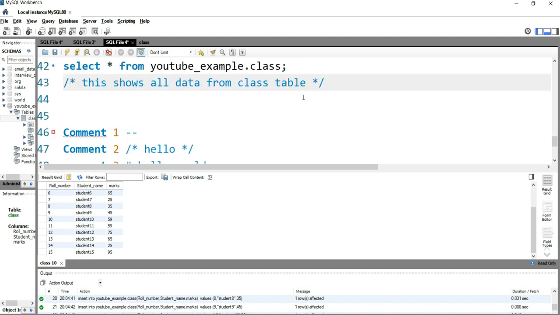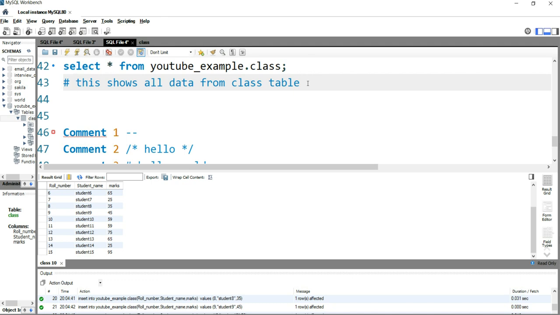The third option that SQL provides you for comment is a hash. So what you need to do is just put a hash here, and this entire line number 43 will become a comment. This is the advantage with hash or with these two hyphens, that it will apply only for that particular line number.